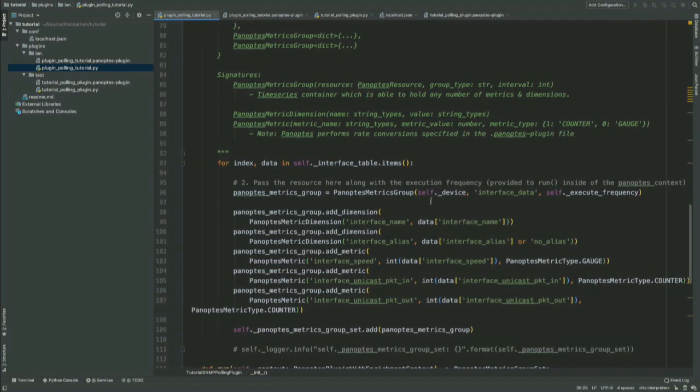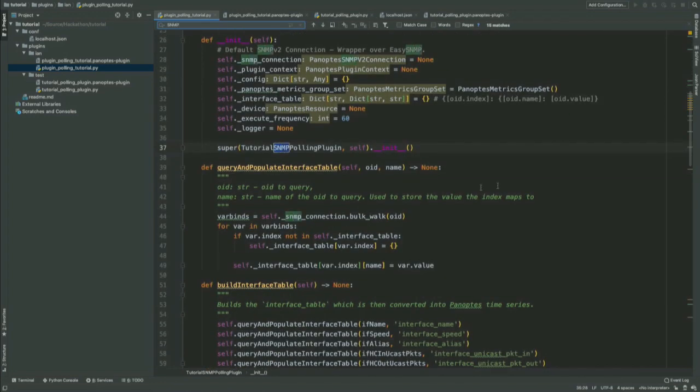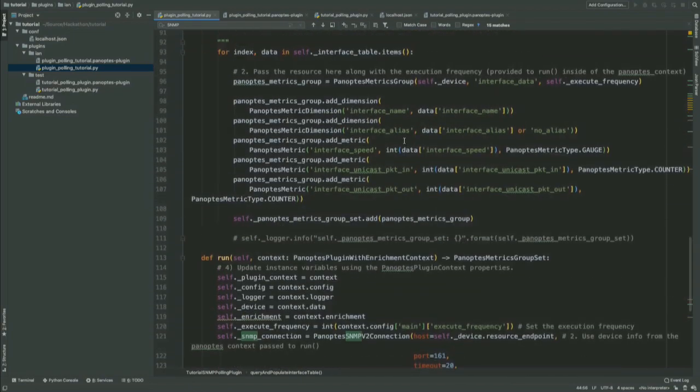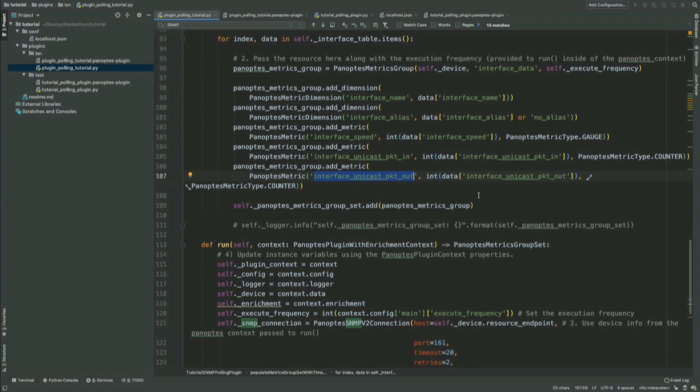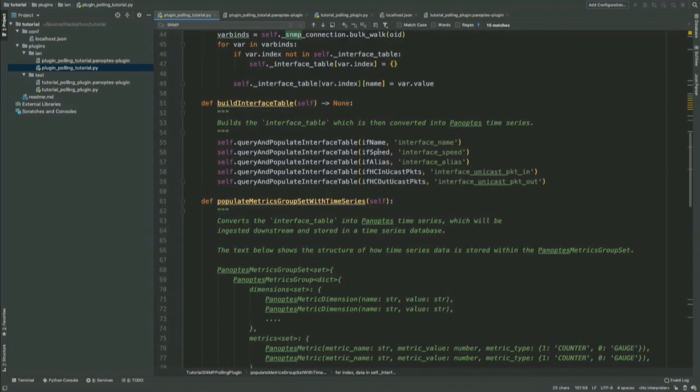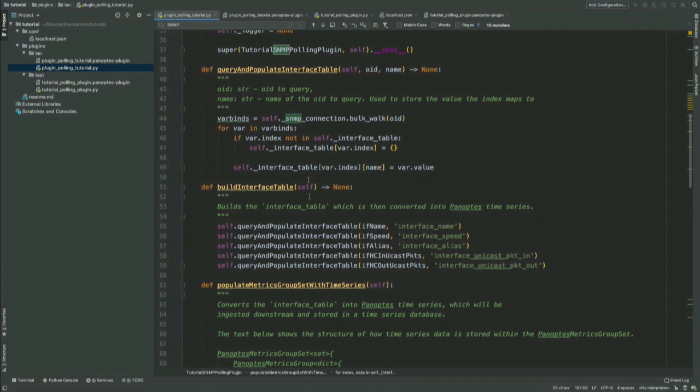So let me just do for SNMP. There we go. So for each of these, in run, we have a few commands for interface name, interface alias, speed, and then packets in, packets out. And then we're actually going to take for each of these, he's decomposed out methods that actually query the object ID that they're handed, steps over for each of the indices that are in those relative tables, stores it internally in the interface table,